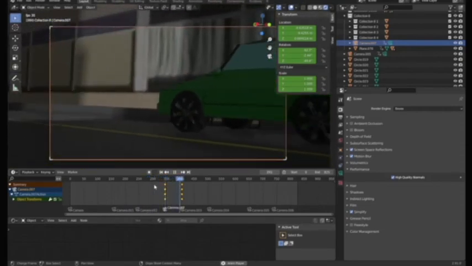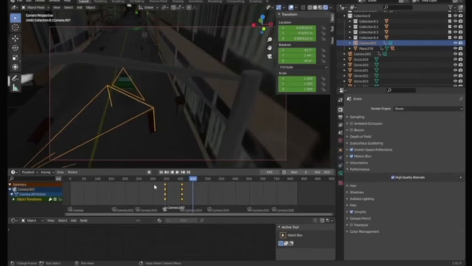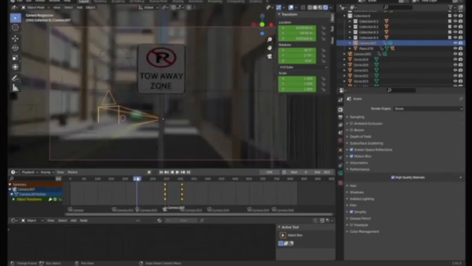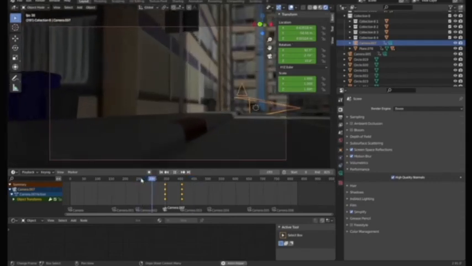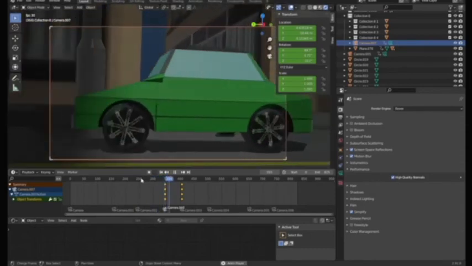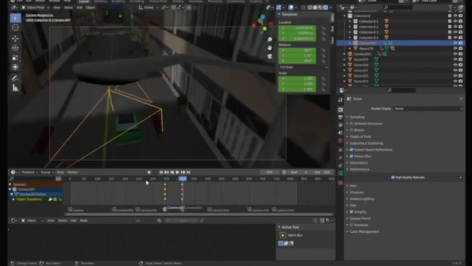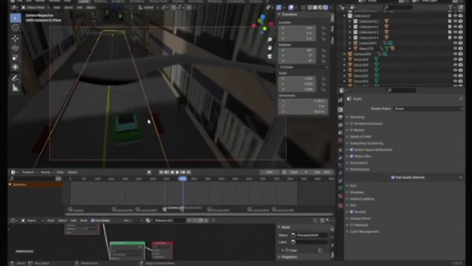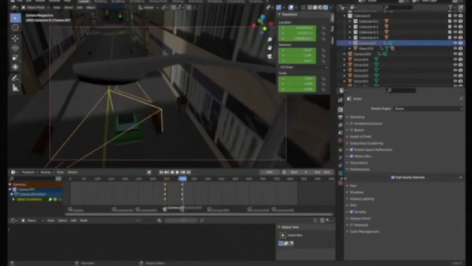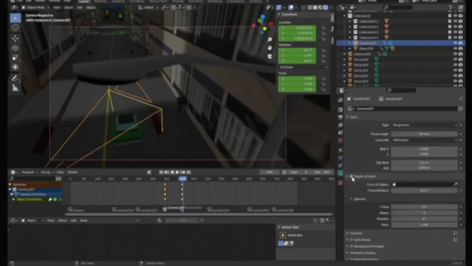Now, in order to get your camera to become an active camera, and I'll explain this further in the camera tutorial that's coming up, you need to hit Control B with your mouse down there in the timeline window. So if you're up in the other window, it won't do it. But Control B will add that camera